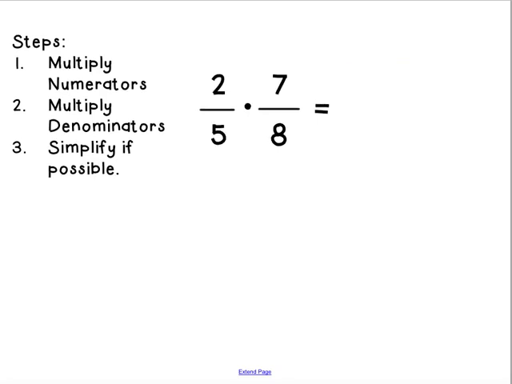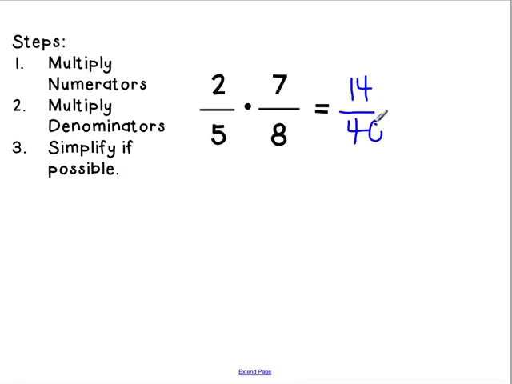Second example, we have 2/5 times 7/8. So again, to multiply our numerators, 2 times 7 is 14. Multiply our denominators. 5 times 8 is 40. Can we simplify? Well, I know they're at least both,